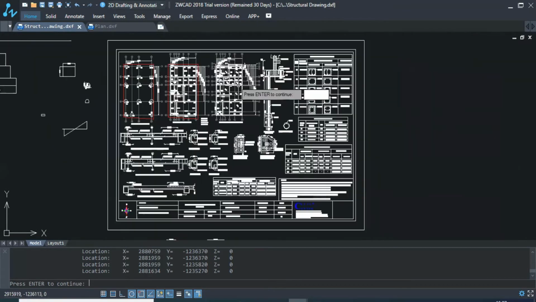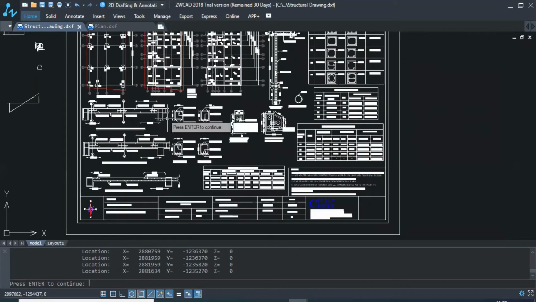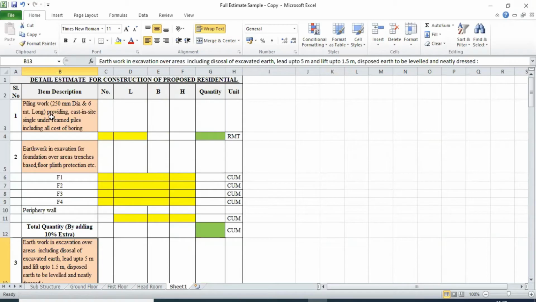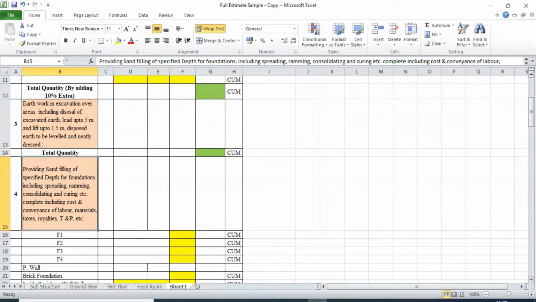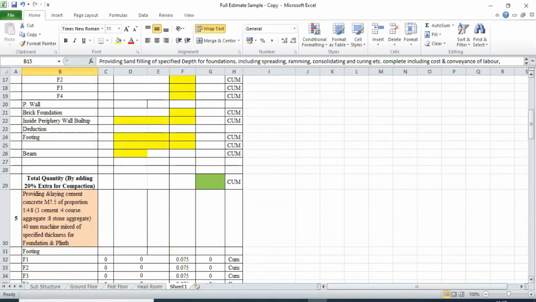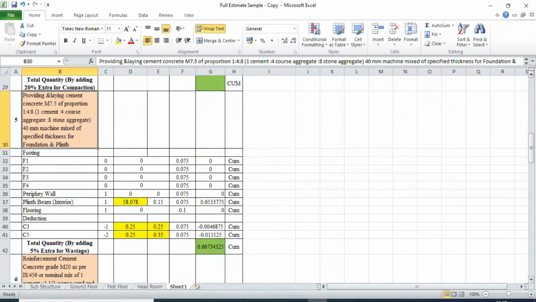Okay, so let's go to the Excel sheet. So this is our Excel sheet. You can see the first one is piling work and the second one is earthwork in excavation. Next is disposal. Here you can see disposal of excavated earth and then sand filling as we have discussed, sand filling, after that PCC and after that RCC work.